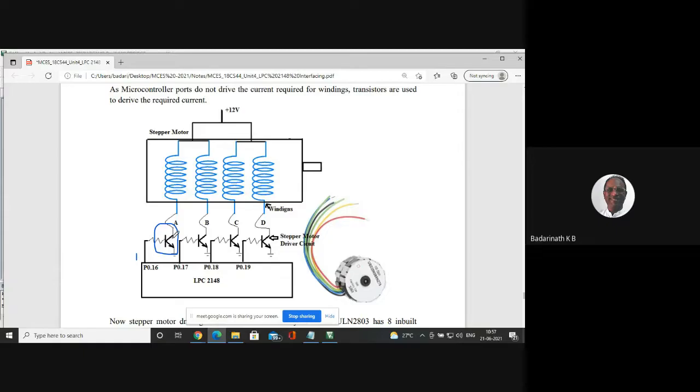Whenever the transistor conducts, what will happen? It is like a switch. It is like a short. It gets shorted. Then what will happen? Then current flows through this winding. So see, from the 12 volts, the current flows